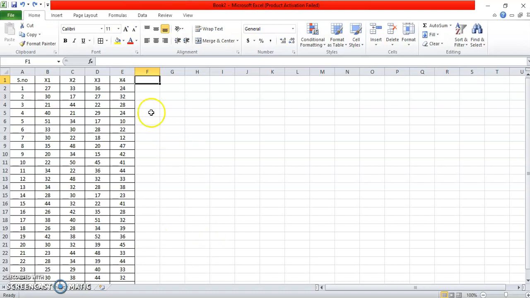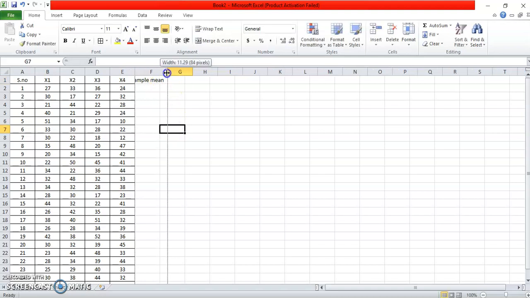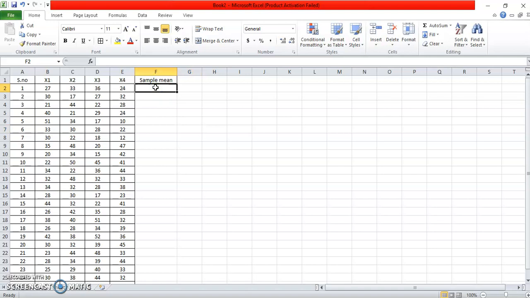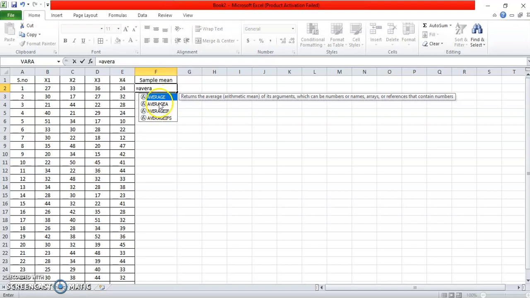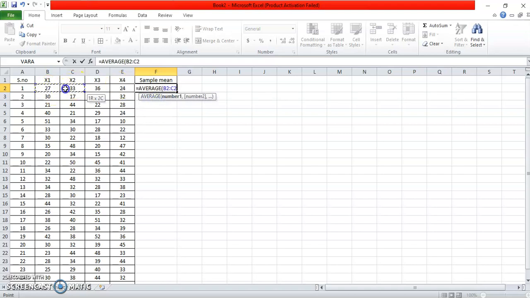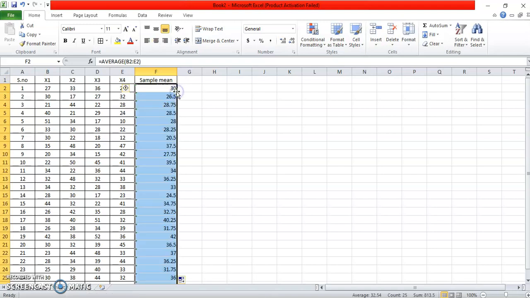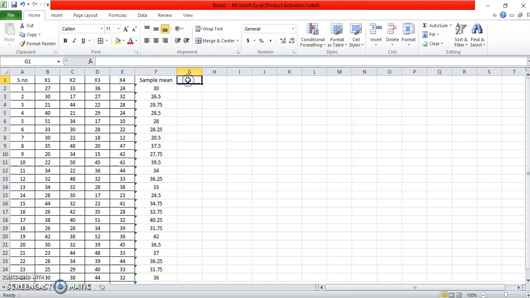Right? So first thing, we will find out the sample mean, which we also call the X-bar value. And we know how to find out the sample mean. It is basically the average value of your first 4 observations. As we have 4 observations, for the first sample it is the average of the first 4 observations, and for the next it will be the average of the next observations, right?